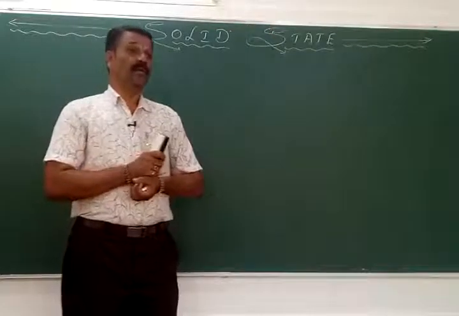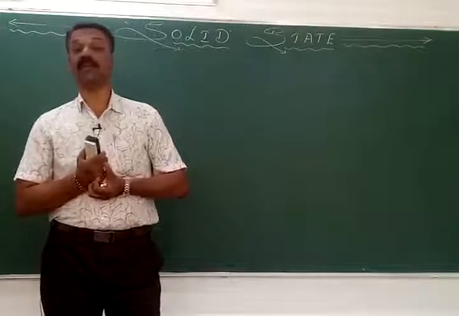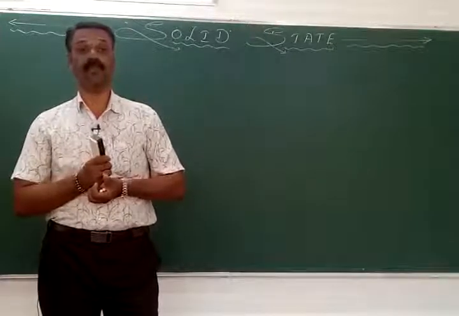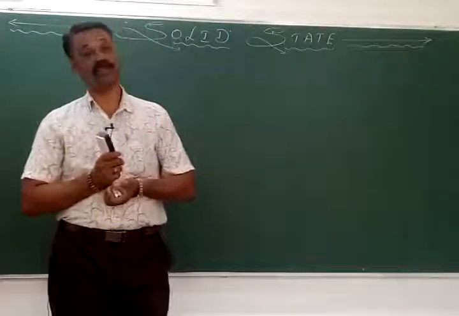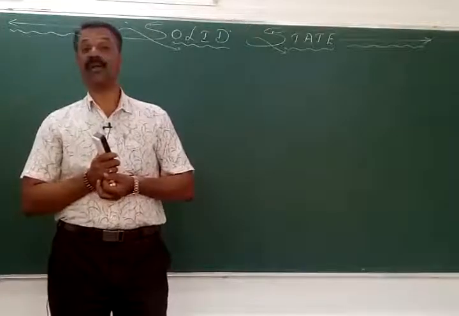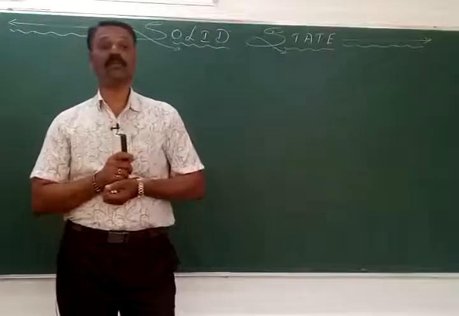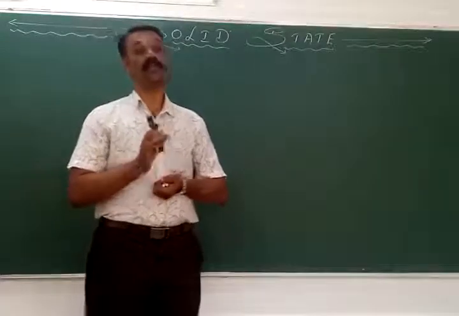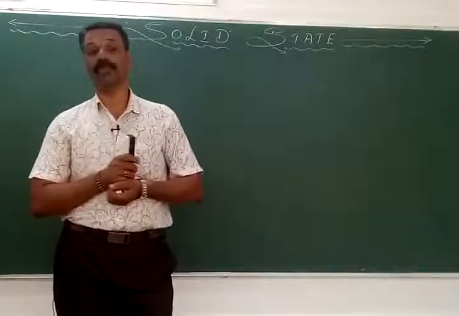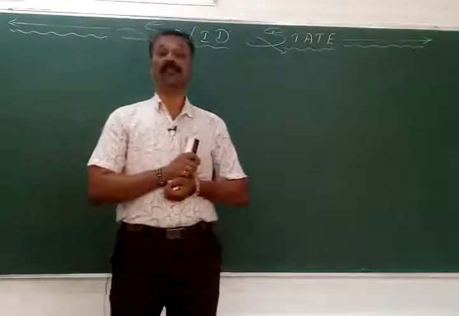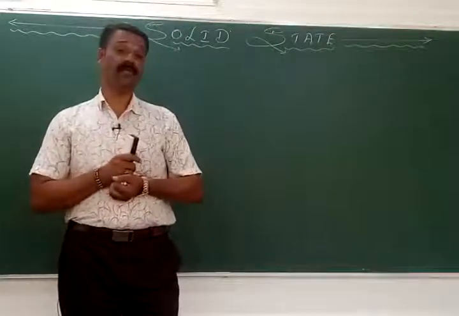So now we will move on to another important state of matter, that is called the solid state. This usually comprises of 7 marks as far as the PU board is concerned. That can be split as 5 plus 2, means 2 marks of one portion and 5 marks of one portion. Usually that 5 marks can be split in the form of either 3 plus 2 or sometimes 3 plus 1 plus 1. So that is the allotment of marks that has been preferred with respect to the solid state.